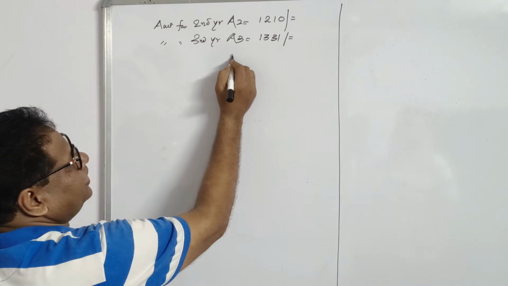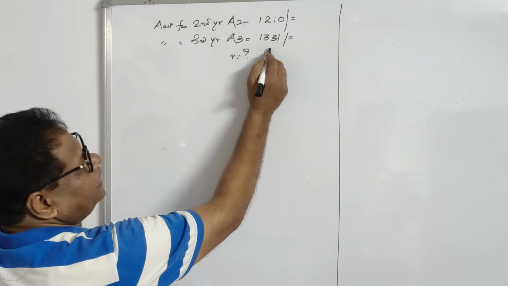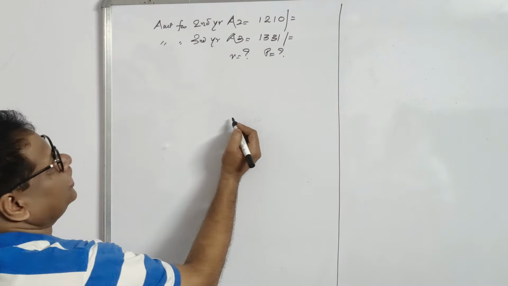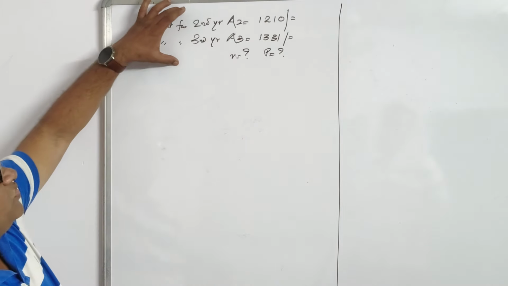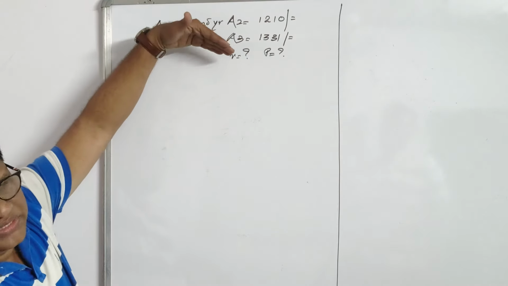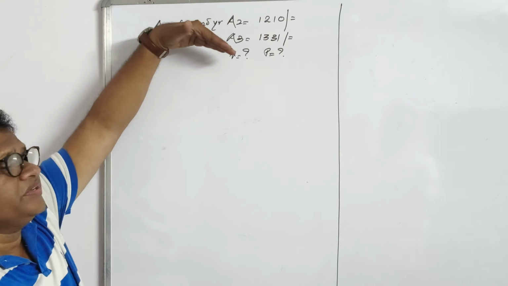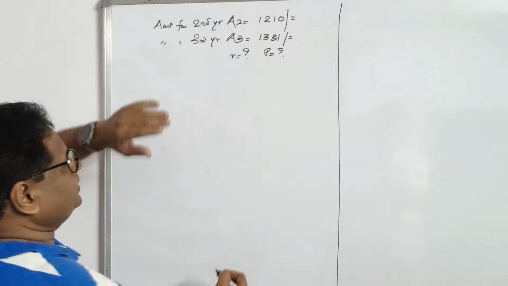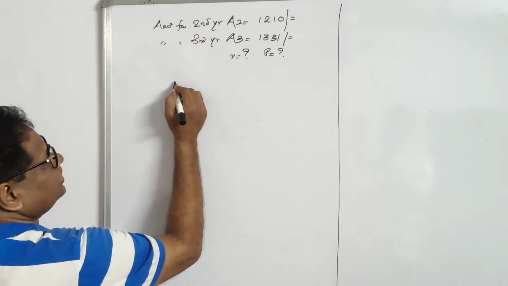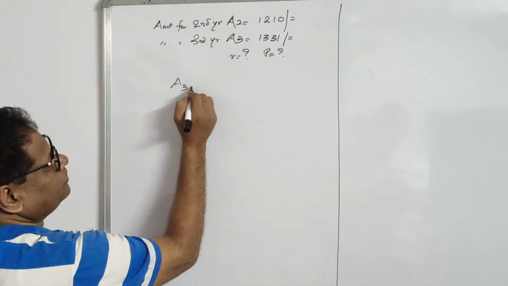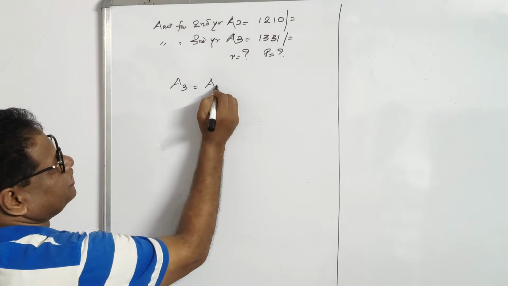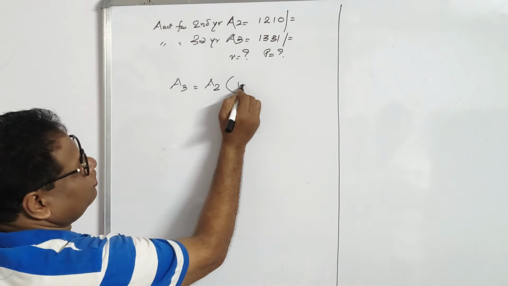Then you have to find the rate of interest and the principal. Okay. Remember, these type of questions when successive amounts are given. Successive amounts means second year, third year, fourth year, like that. You take the higher amount as the amount, okay, and the lower amount as the principal,